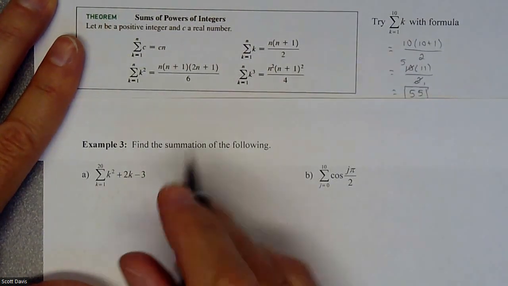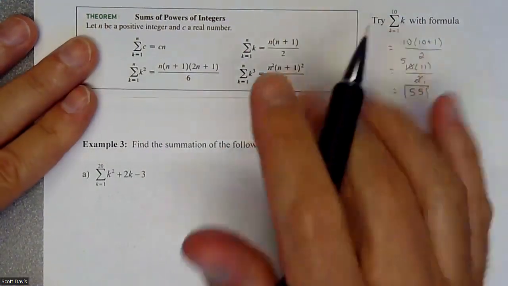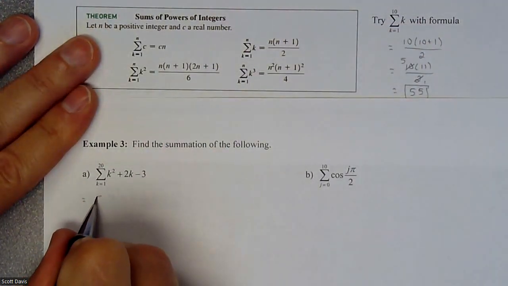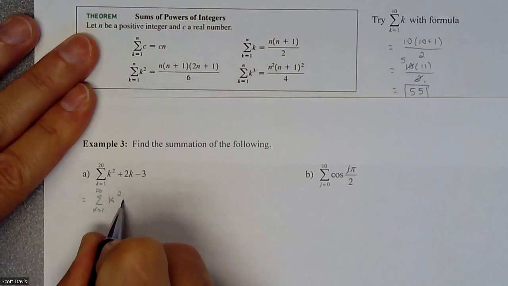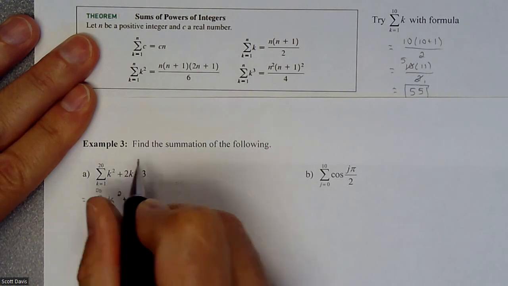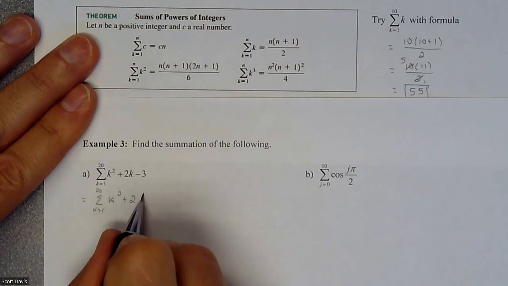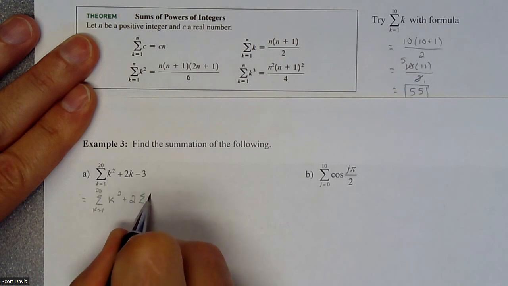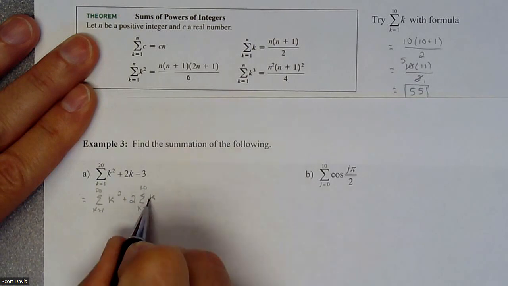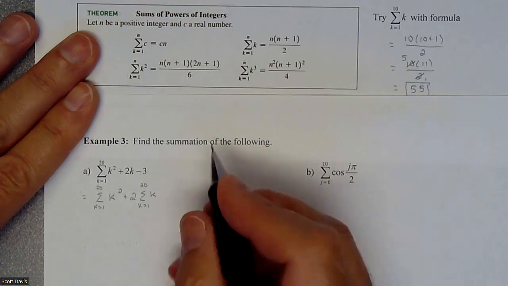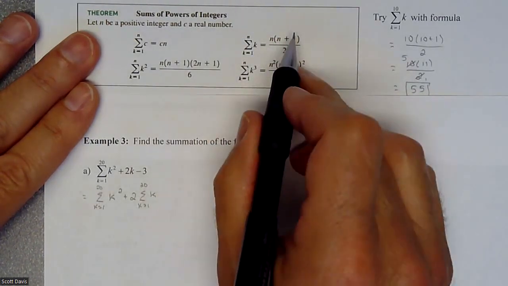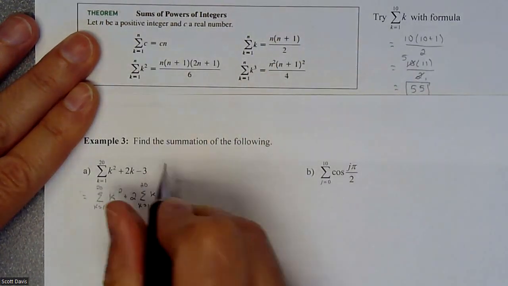So first thing is we're going to manipulate it so then we can use some formulas. So we'll start by going k equals 1 to 20 of the quadratic piece, plus we're going to break off this piece, so then it's going to be 2 times the summation of k equals 1 to 20 of k, right? So anytime you have a constant, you really can just pull it in front. That takes care of it. Now I have this exact look that I want, so then I can use the formula. And then minus